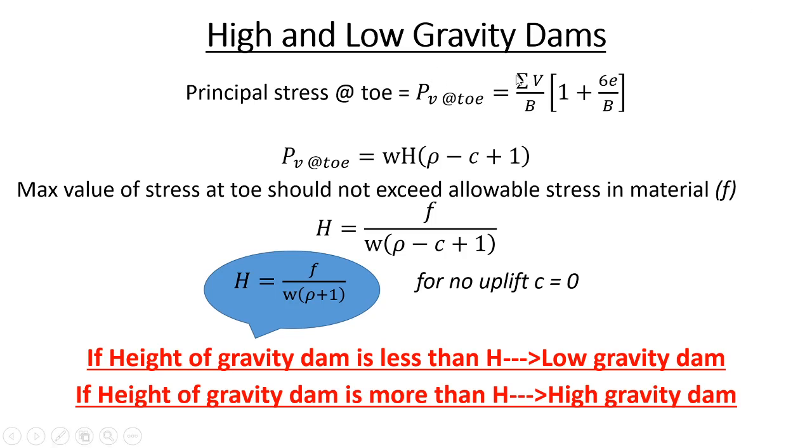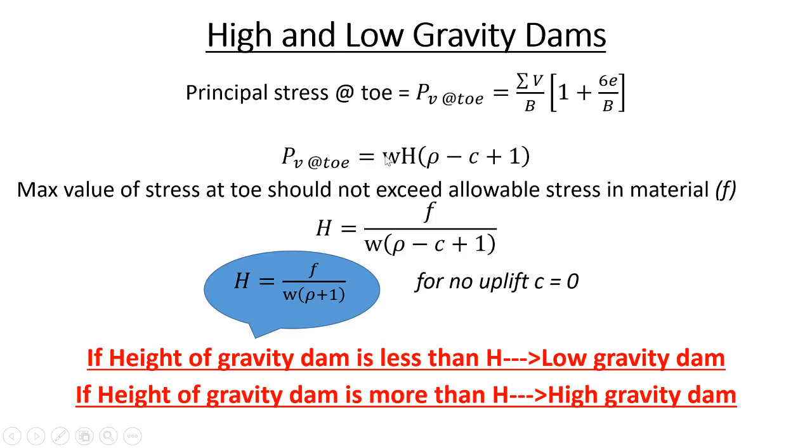Here b is the base width of the dam, and e should not be greater than b by 6. So if you consider e equal to b by 6, this equation changes to